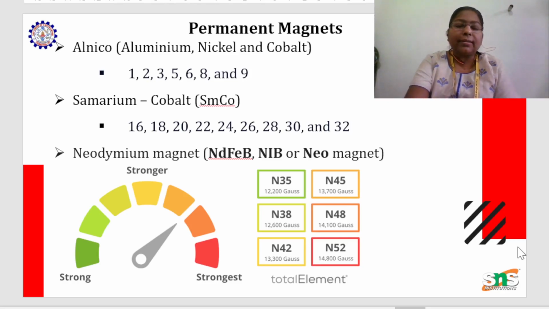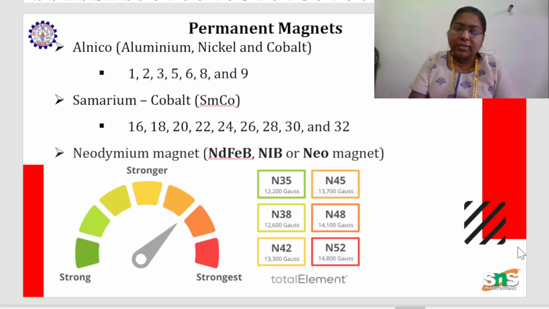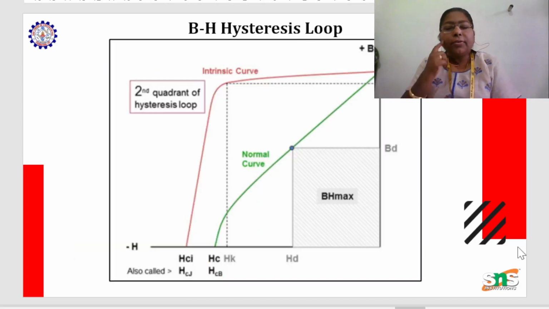You can see the field strength here, based on the color shading. So N52 has a higher field strength compared to N35. That is the benefit of using neodymium. And if you go with the BH loop,